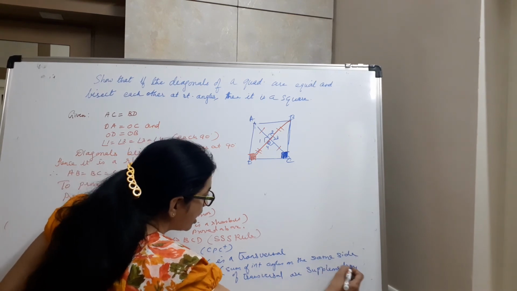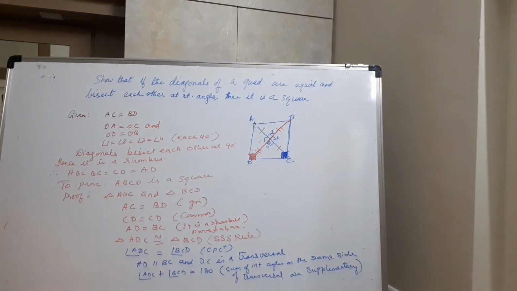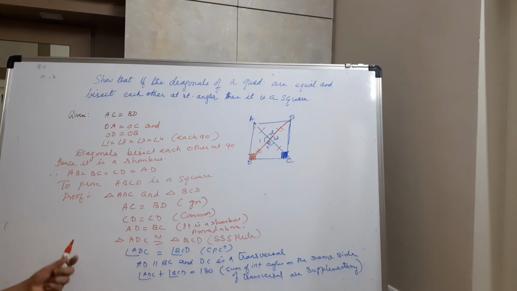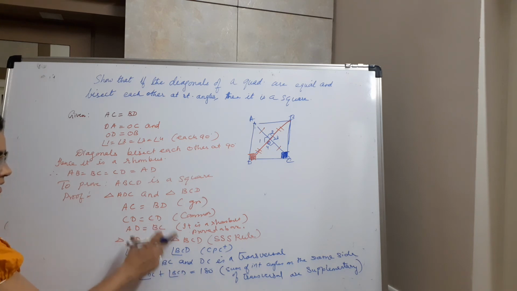One more thing, you have to mention everything in the bracket. Otherwise, it won't fetch you full marks. If you don't write anything in the bracket, it means you are not understanding and you have just mugged up something and keep writing without any proof, without any justification, and it won't fetch you full marks. So be careful, whatever you give in the steps, you have to justify your steps. This is called justification of your steps.